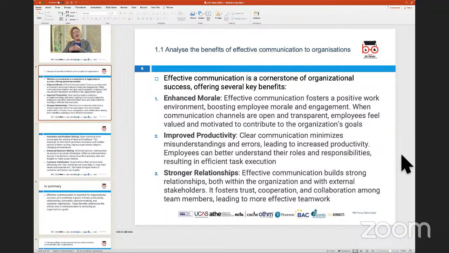It also is related to the fact that it improves productivity. That means clear communication minimizes or does away with any errors that can happen, because if I say that this is the standard operating procedure, if this problem occurs, this is the manual that you follow and this is how you do it. Now, if everybody has that understanding, then there is less chaos and obviously more work can be done systematically, and tasks can be executed as per the requirement, and that generally leads to improved productivity.